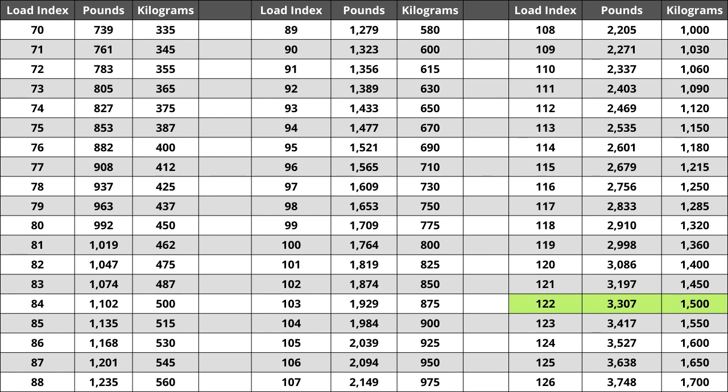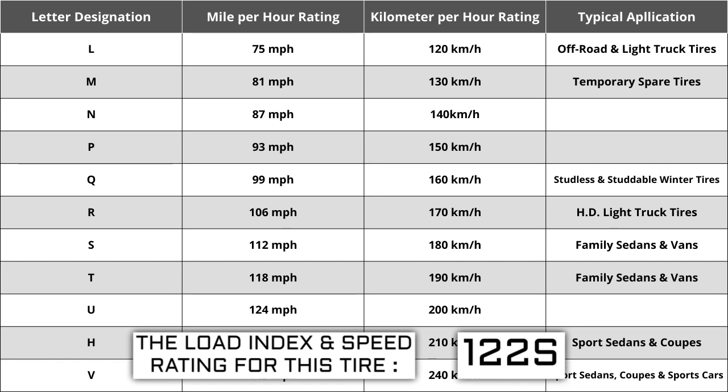Located next to the load index we just talked about, there is a letter. The letter S is the speed rating for this tire. This is the maximum speed sustainable for the tire. Each letter has a corresponding speed rating approved by the Department of Transportation and the tire manufacturer. Alphabetically, the speed rating increases as the letters advance from A to Z, except for the letter H, which we'll explain in a minute. The most common speed ratings range from L, 75 miles per hour, to W, 168 miles